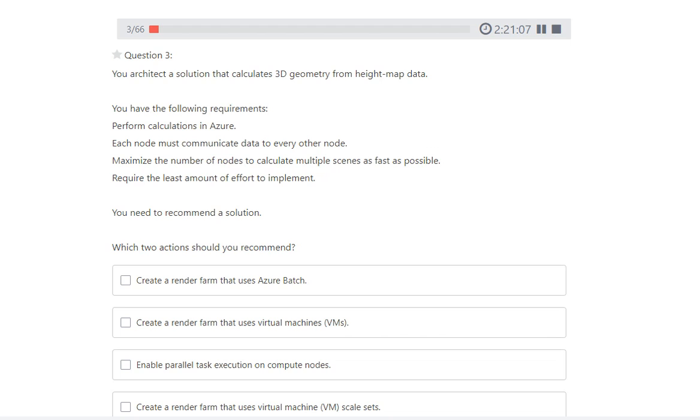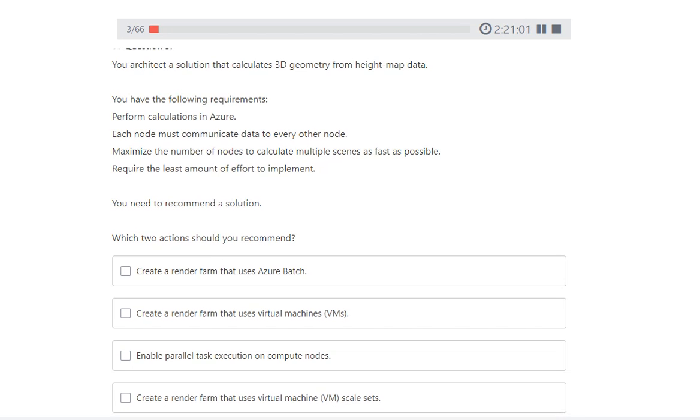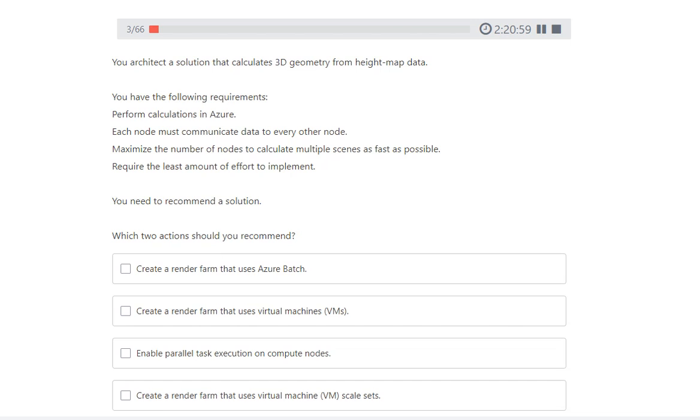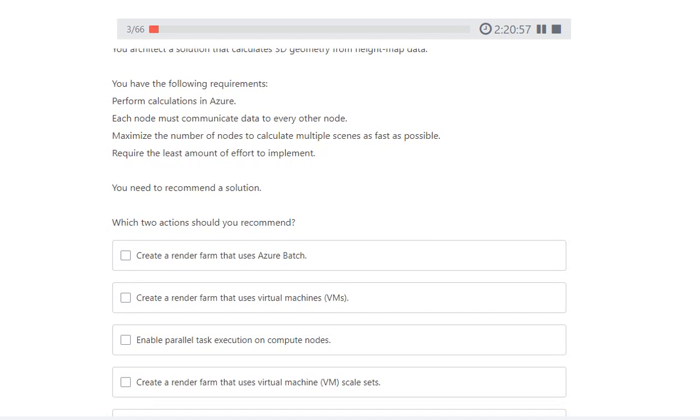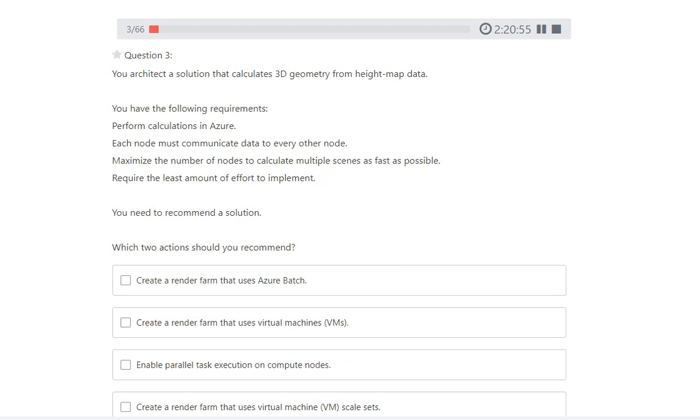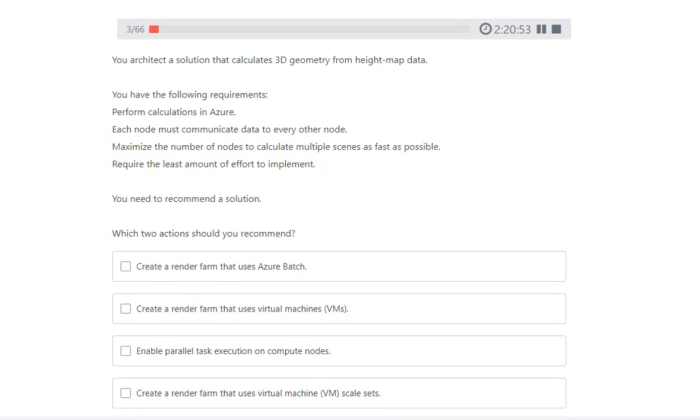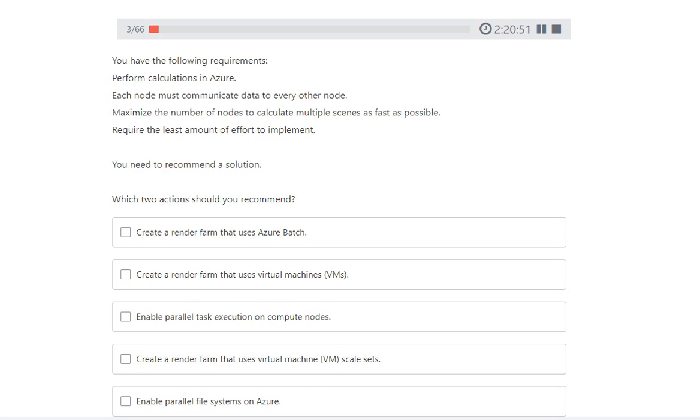Here we are talking about the calculation of 3D geometry from height map data. This particular calculation is quite heavy, and in the case of heavy transactions or heavy computation, we can use Azure Batch instead of VMs. Please check whether we have the option of Azure Batch. Yes, we have, so we will not choose the VM options here.